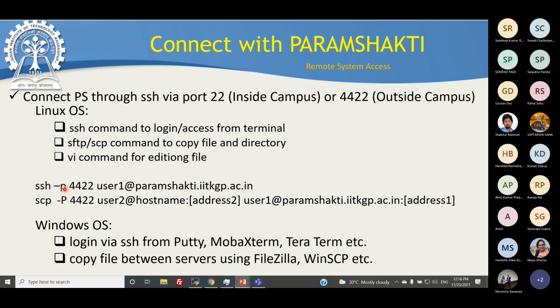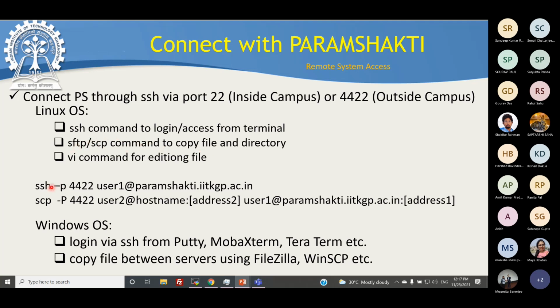If you write ssh -p 4422 from outside, and then your username @paramshakti.iitkgp.ac.in, then it will lead to your respective account. Yeah. For copying files, you have to use the SFTP or SCP command.